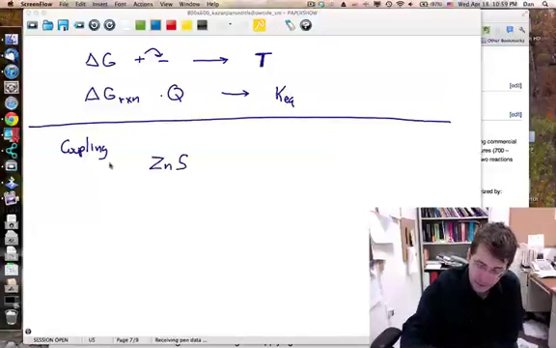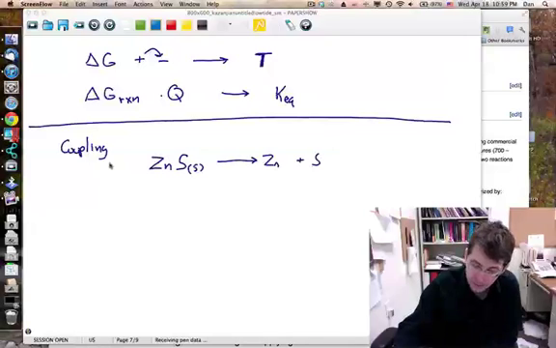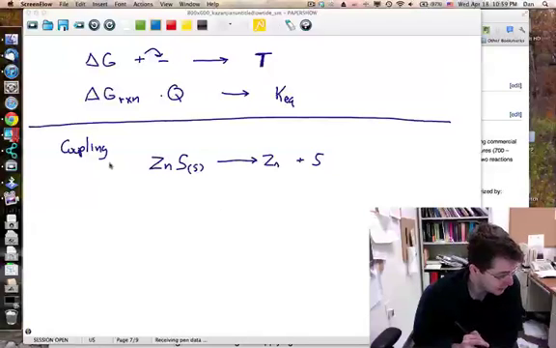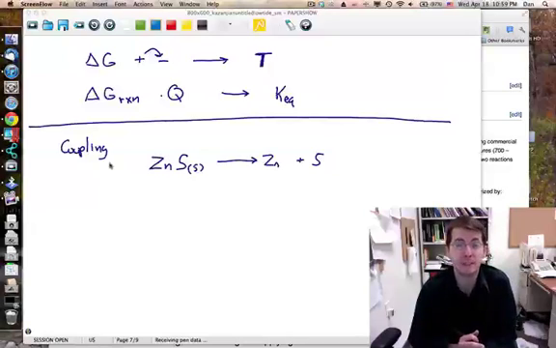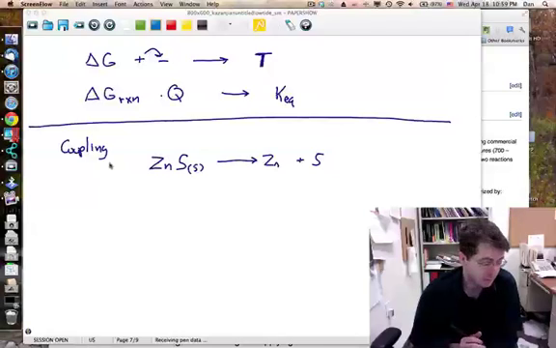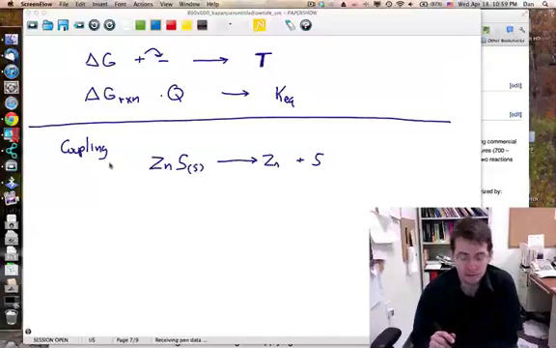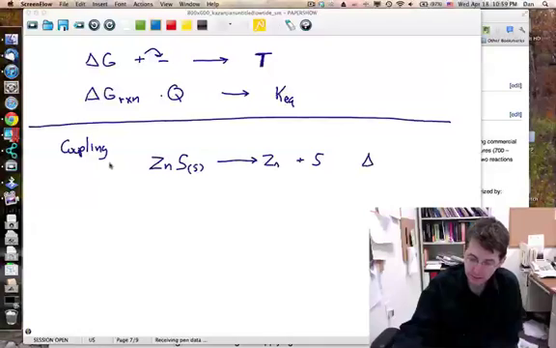Zinc sulfide, solid, being used to form zinc solid and sulfur. Zinc sulfide is a commonly available mineral. You can dig it out of the ground, and if you wanted to do your mining or your forging, and you wanted to make a bunch of zinc, it might be possible to heat this zinc sulfide up and drive off the sulfur. Unfortunately, this has a